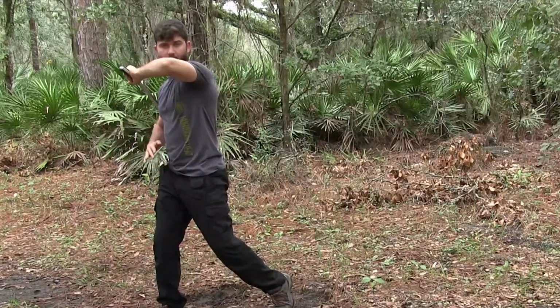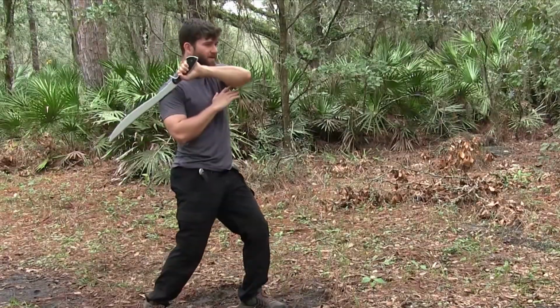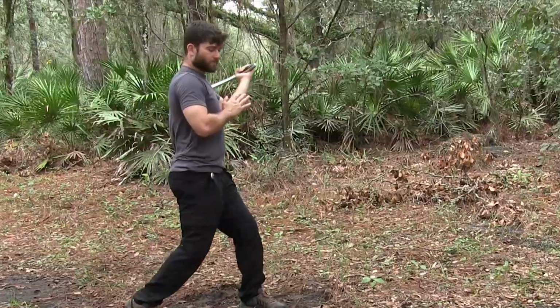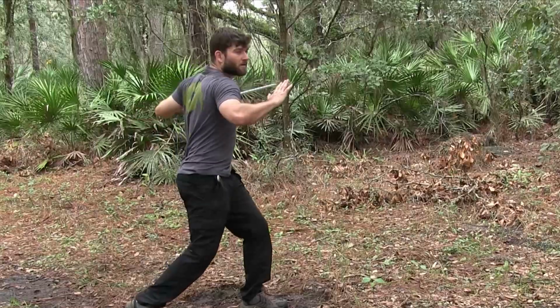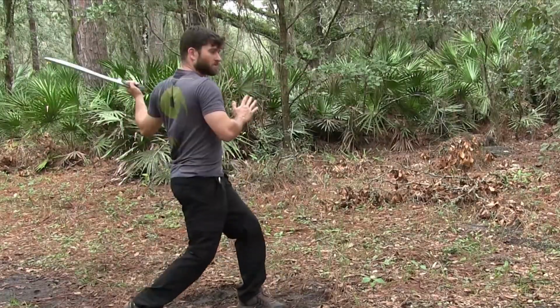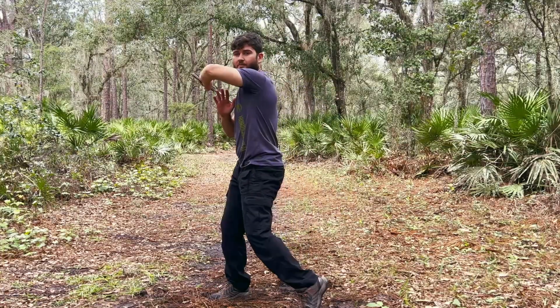1, hips turn. 2, notice how I turn my hip back so I can pull it again. 2, 3, 4, 5, 6. Again. 1,